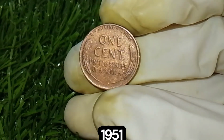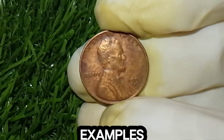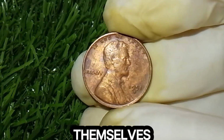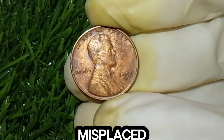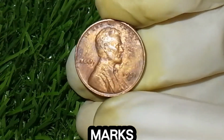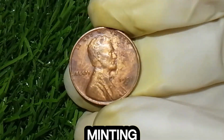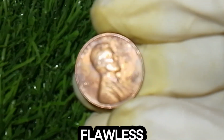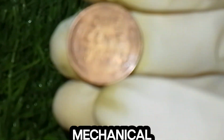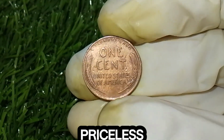The Denver Mint in 1951 produced millions of pennies, yet it is the extremely rare examples with striking anomalies that separate themselves from the common ones, where a misplaced D mint mark, punched slightly out of alignment, or even repunched mint marks where the D appears doubled or tripled, have made these coins legendary, as the minting process at the time was far from flawless, with hand-punched dies and mechanical limitations leading to irregularities that today are seen as priceless